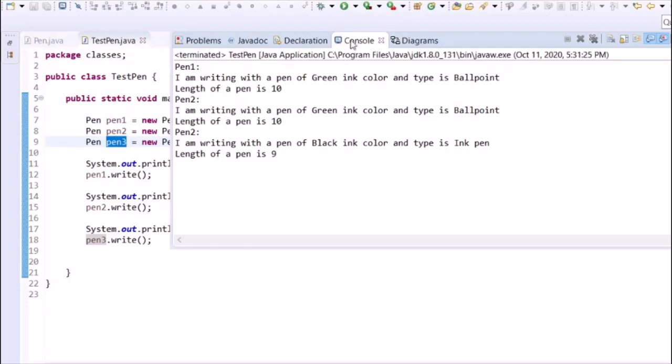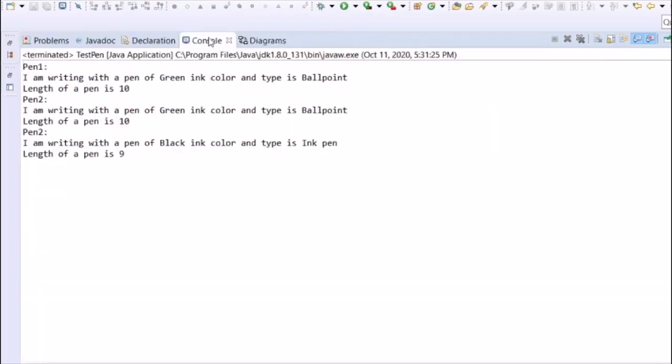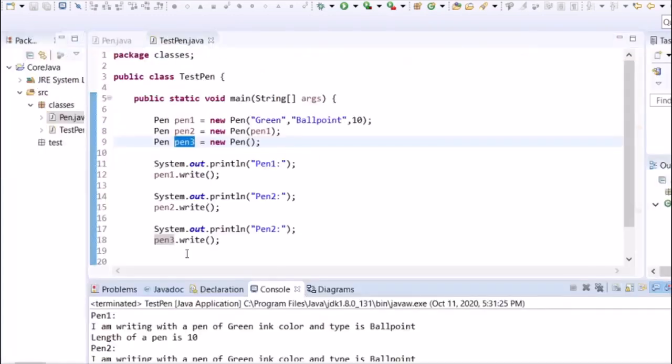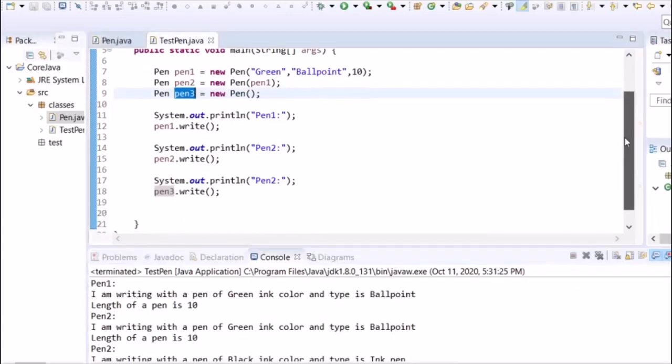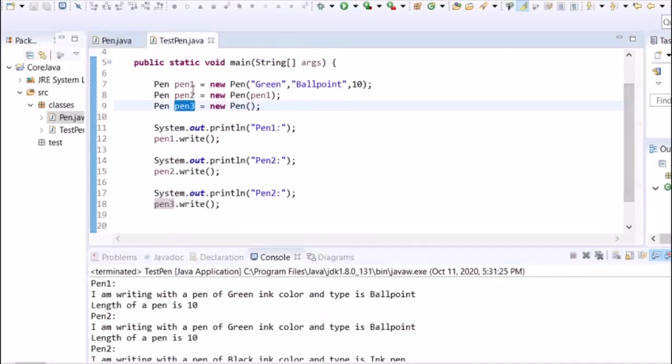So as you see, in the first case, pen 1, green ballpoint and 10 should be printed. So pen 1 is: I am writing with a pen of green ink color, type is ballpoint, length of a pen is 10.